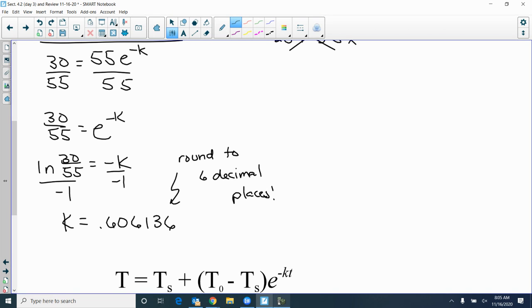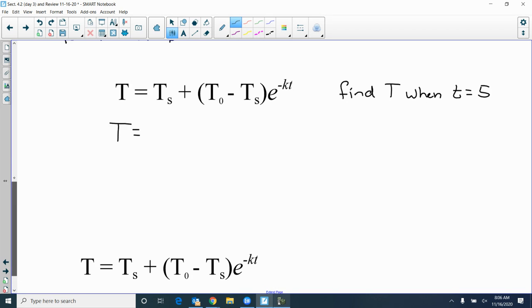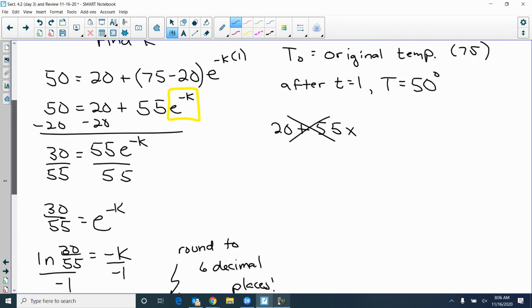So now we haven't even answered the question, because they say find the reading on the thermometer after 5 minutes. Now you've got this K value, so we can substitute that in. Okay, I just rewrote this so I had this. So now I want to find the temperature, big T, when the time is 5 minutes. And so I know everything else here, and it's just a calculator problem at this point. So temperature is going to equal the surrounding temperature, which I believe is 20, right? If I remember right, 20